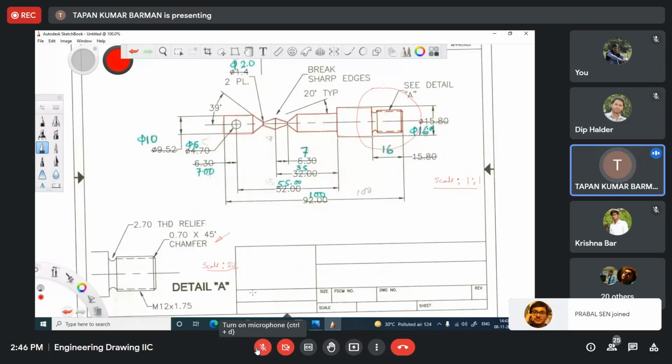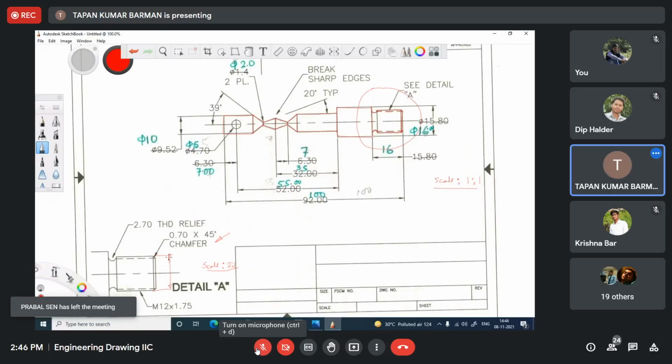Only thing you may not understand here, M12 into 1.75. M12 means here this dimension should be 12 millimeter. Okay.